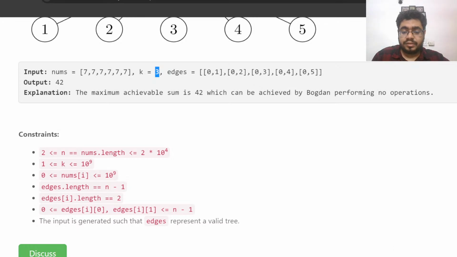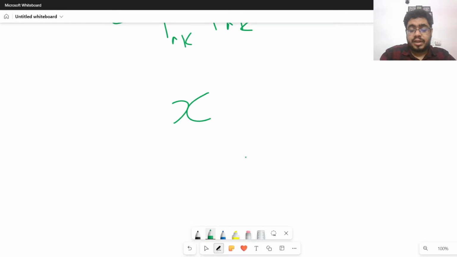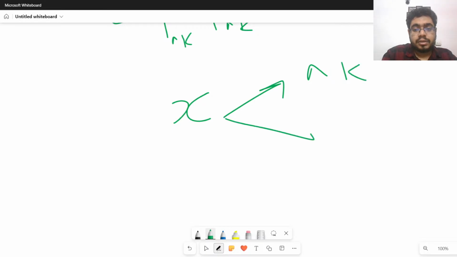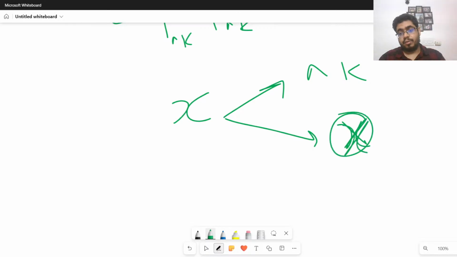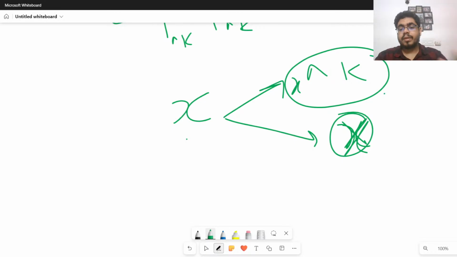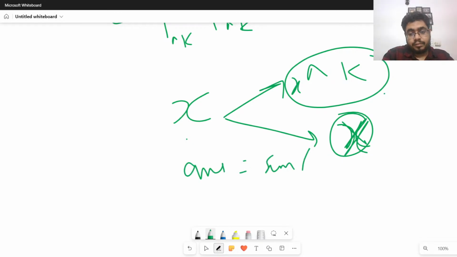Next thing that I'll say is that if I have a number x, I need to switch back to my whiteboard. If I have a number x, the question is, do I do an XOR with k or do I not do an XOR with k? If I don't do an XOR with k, I'll be adding x to my answer. If I XOR with k, then x XOR k will be added. So first assume that we won't XOR anything, so what will our answer be? Sum of everything,